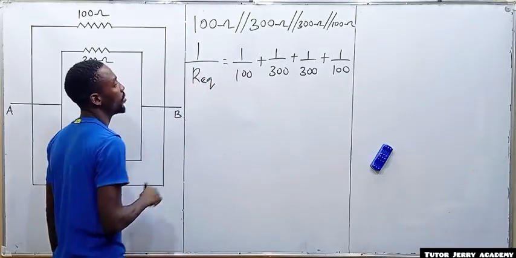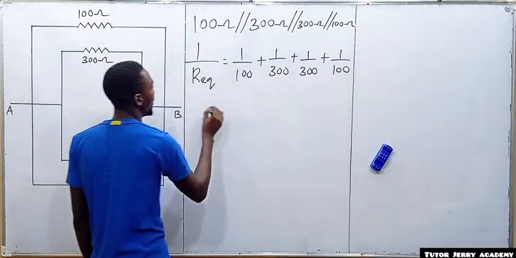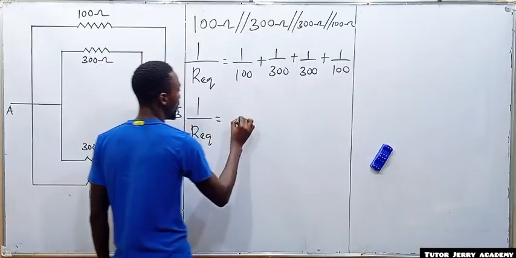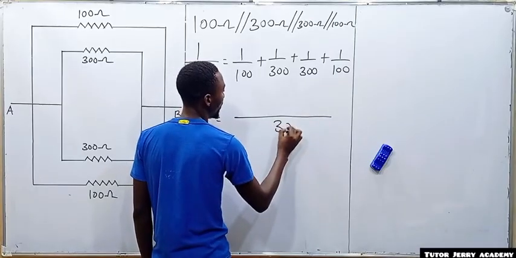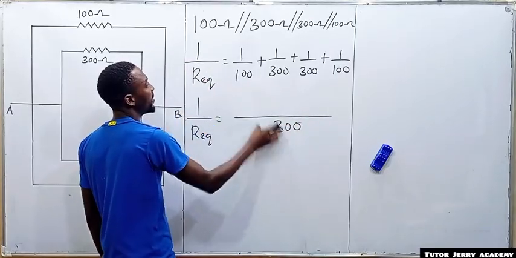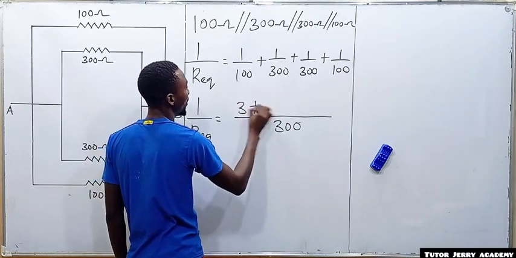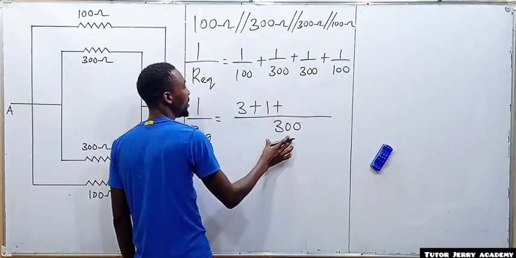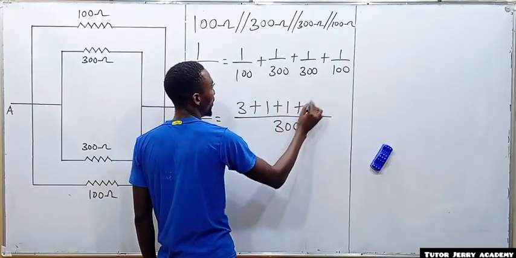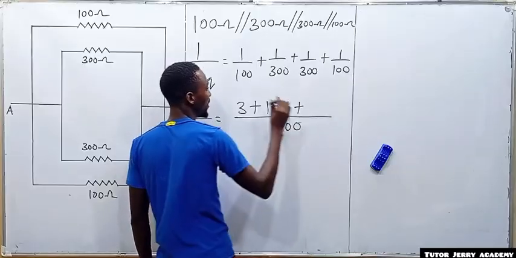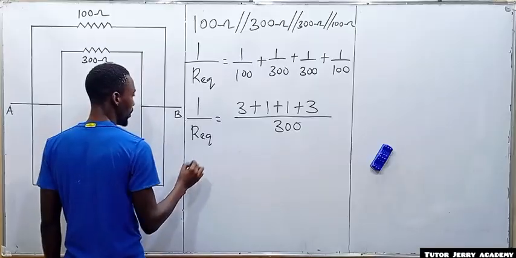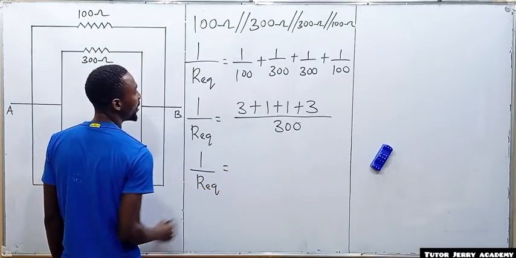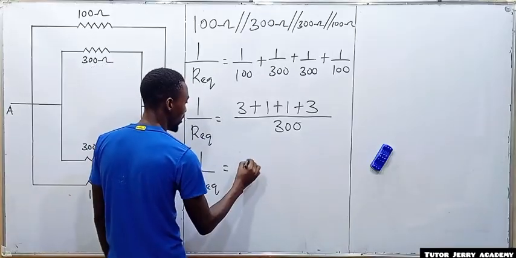All right, so the LCM here is going to be 300. So 1 over R equivalent will be equal to, the LCM is 300. 100 in 300 is 3, 3 times 1 is 3. 300 in 300 is 1, 1 times 1 is 1. 300 in 300 is 1, 1 times 1 is 1. 100 in 300 is 3, 3 times 1 is 3. So it shows that 1 over R equivalent will be equal to 8